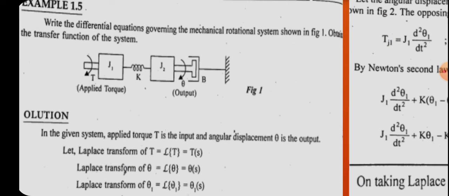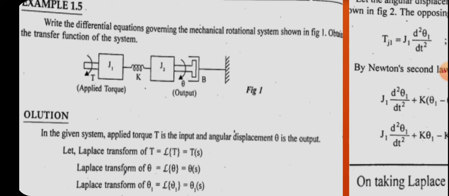But there is a displacement theta corresponding to J2. That is in the same direction as that applied torque. But there is no direct force applying to node J2. But due to the moment of inertia J2 of the mass element, there will be an opposing torque. So that can be represented as Tj2.